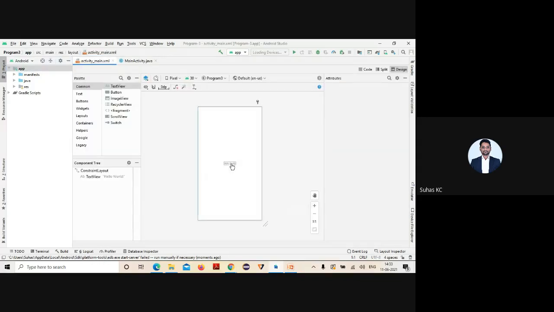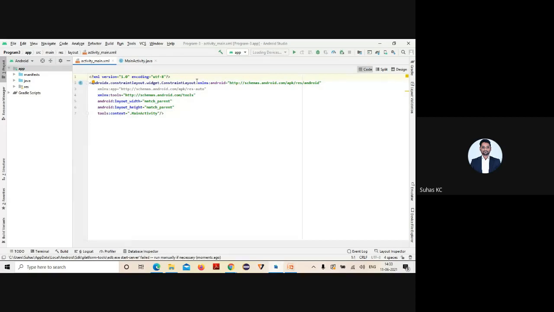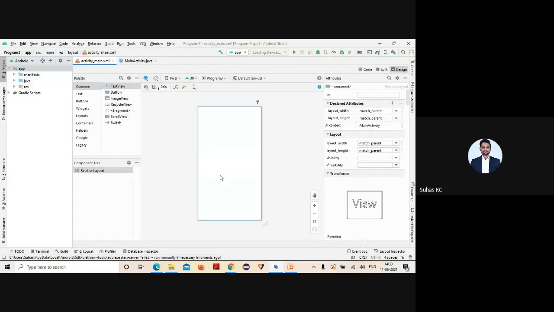Here, delete what is there already. And one more thing I said before going to your program: in your XML file, you can see three tabs here. You need to change the layout. I said for all the programs, you change the layout as what I said. You change the layout to what? Relative. Yeah, relative layout. You can select it in your XML. Just delete all those things, just press R. So you selected relative layout, and now you are in your relative layout. After that, you go with the design part. According to the design, I said first you create one text box.